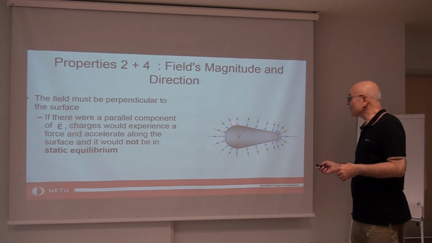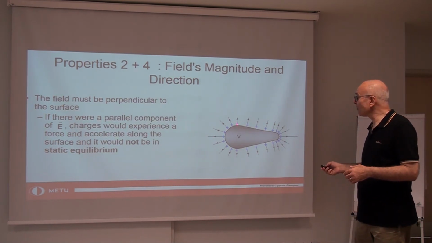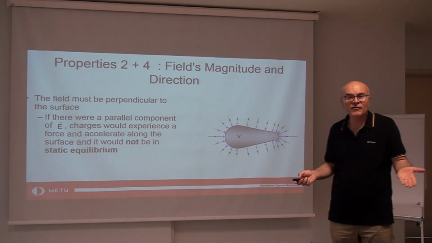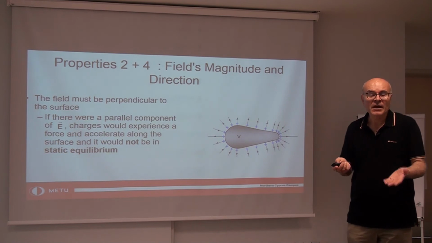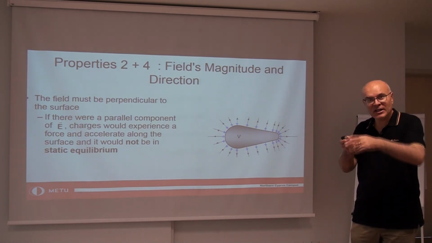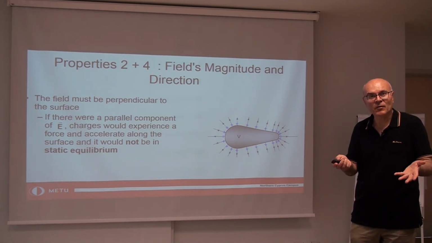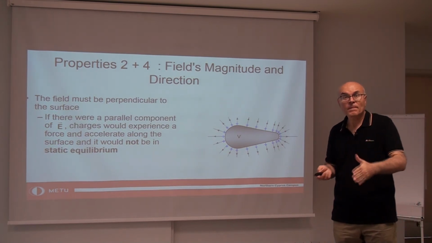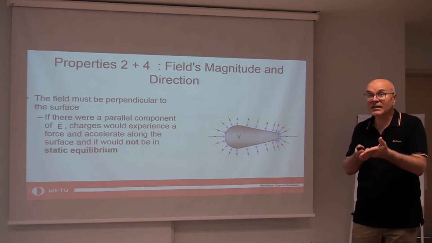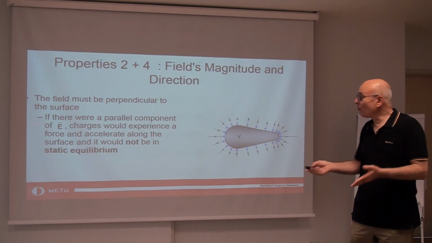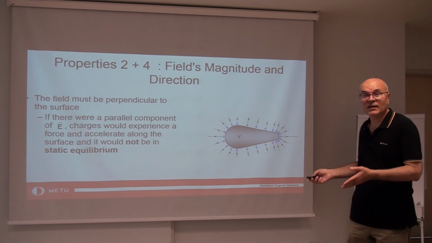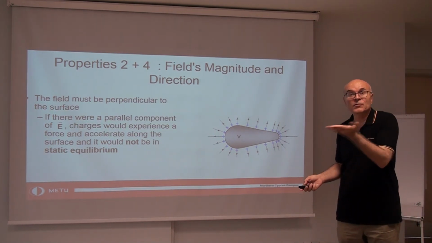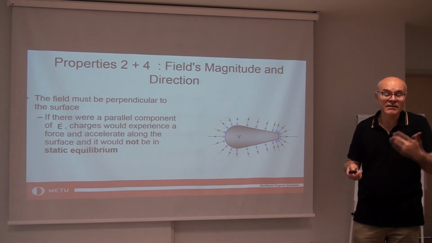Static equilibrium means the net charge is not moving. So the charges are on the surface. If I have a component of the electric field parallel to the surface, then these charges will feel a net force, and they will move, and the charge density will change. The charge will not be static anymore. But I'm assuming that it's in static equilibrium. Therefore, under static equilibrium condition, there can be no component of the field parallel to the surface where the charges reside, because otherwise the charges would be moving, which is against the